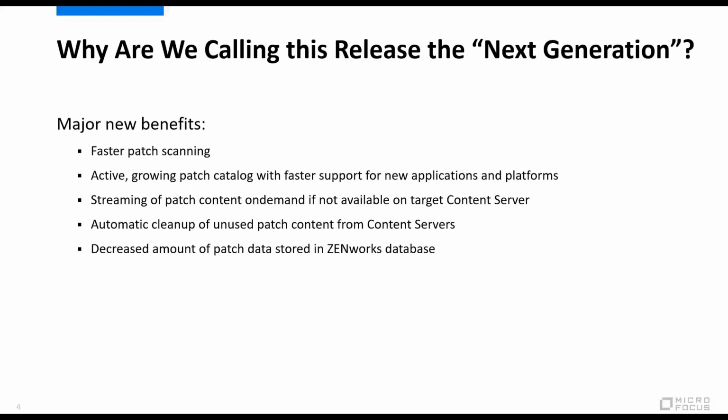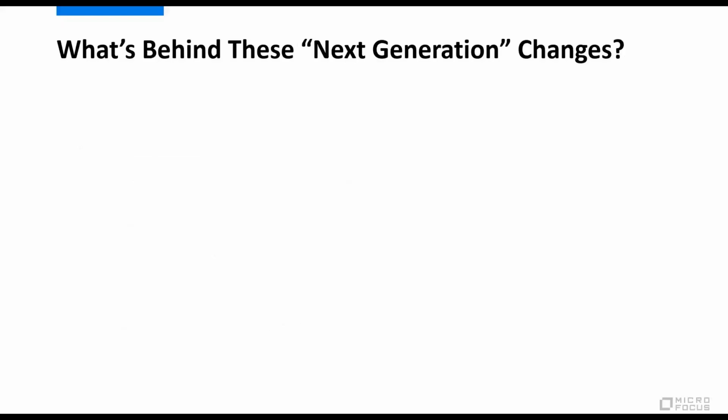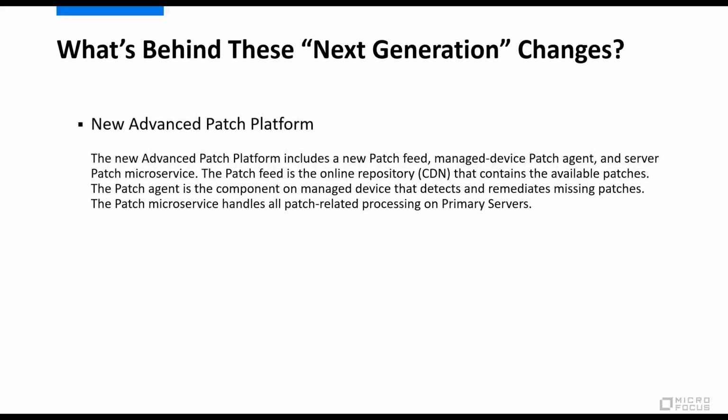include the patches. And while we've added these major new benefits, we've done it by maintaining the same administrative workflows in ZENworks Control Center that you've been using for the past 15 years. These new core level capabilities are driven by two major changes in the product. First, we've introduced a new advanced patch platform. The new platform includes a new patch feed, a new patch agent for managed devices, and a new server-side patch